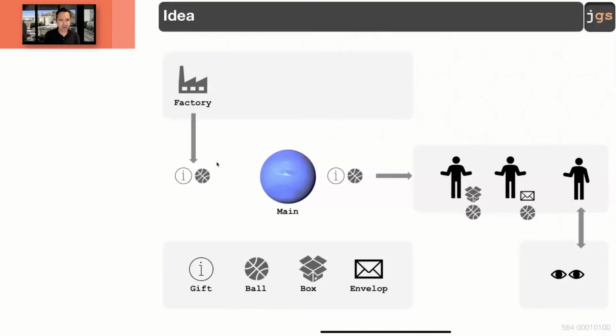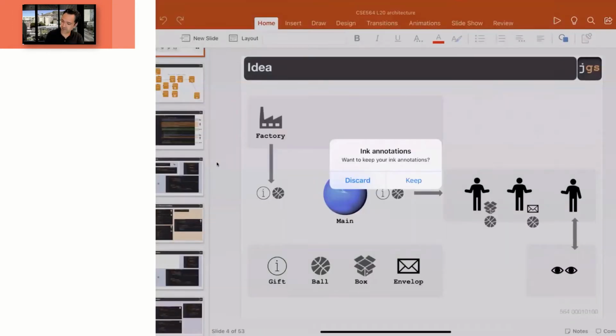Welcome back. So imagine the following scenario. I have a software system. I would like to have a software system. I am going to identify that as the main. The goal of that software is to create items, to create objects. In my example, those objects are going to be used